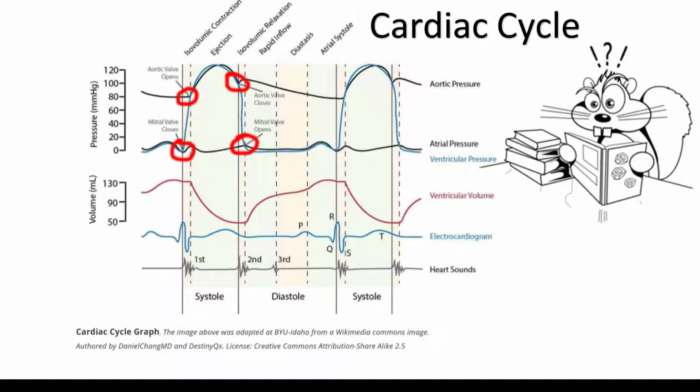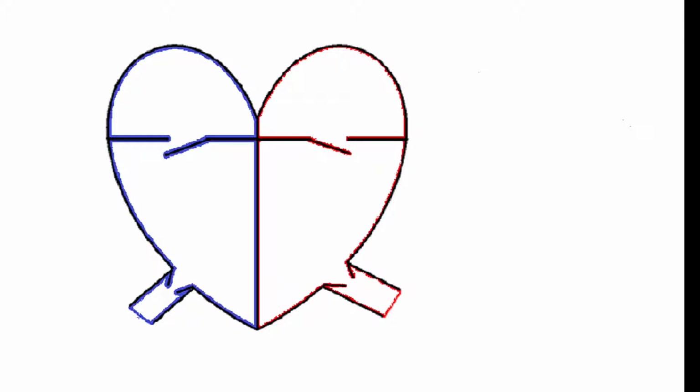Today we're going to be talking about the cardiac cycle, and while it might look like a bunch of confusing lines that don't make sense, you're going to be surprised at how easy it is to understand. The entire graph is built around 4 points. Seriously, just 4. So let's take a look at what's actually happening inside the heart so these lines start making